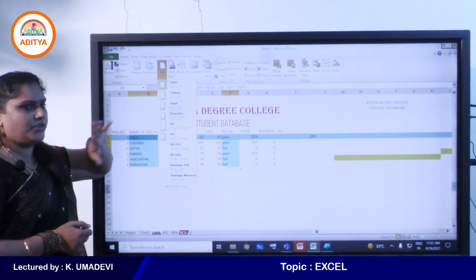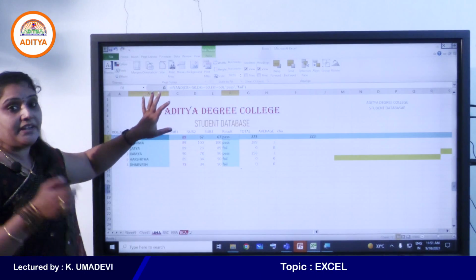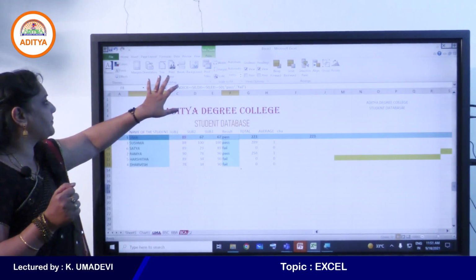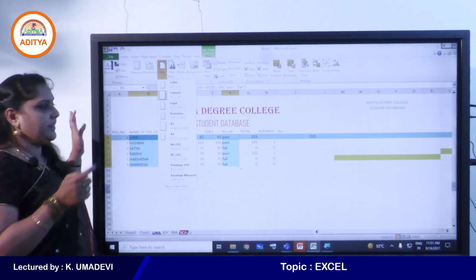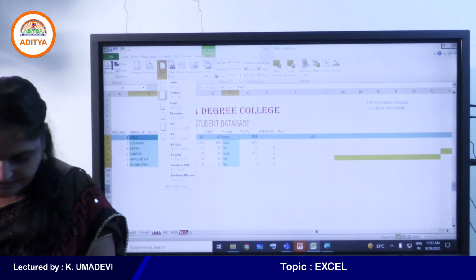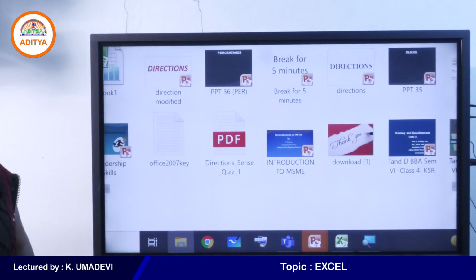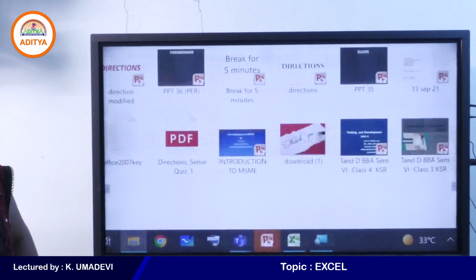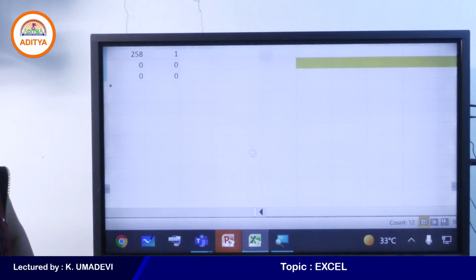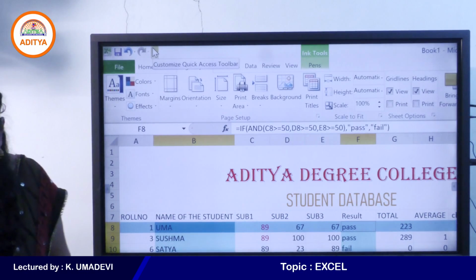And again size, you can select the size of the paper while printing the sheets: letter, tabloid, legal, executive. One second, I will zoom the screen. Is it clear now, students?